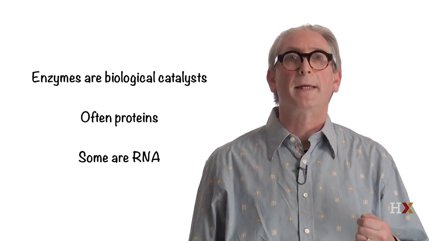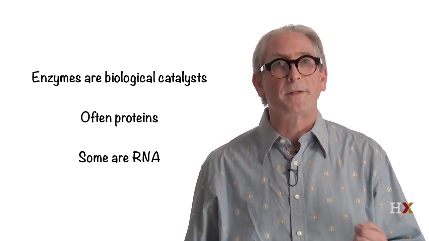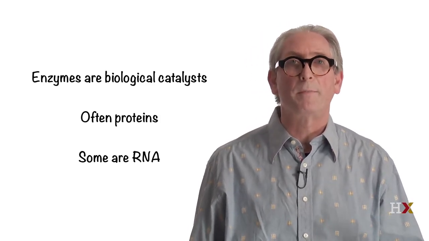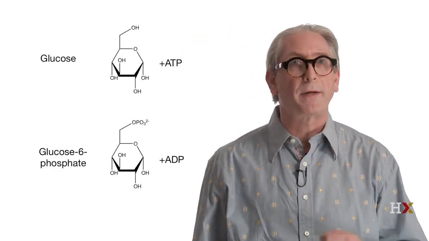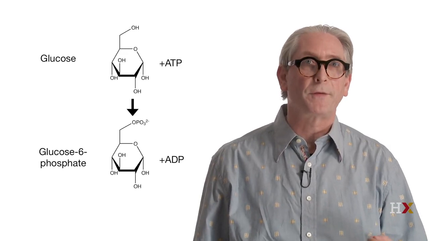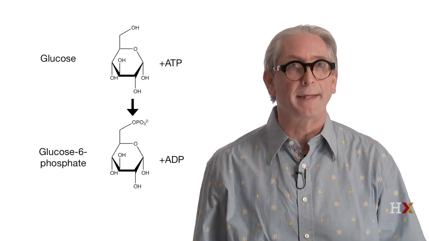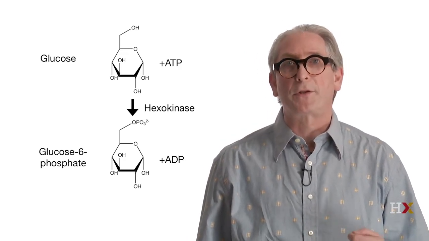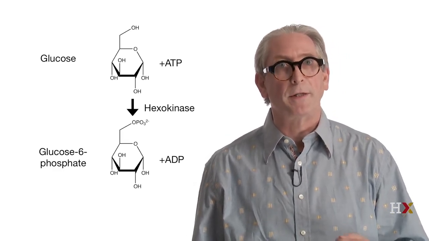For example, the reaction that stitches together amino acids during the synthesis of a protein on the ribosome is catalyzed by ribosomal RNA and not by proteins. If we take an example of a reaction, the first step of glycolysis, where glucose reacts with ATP to form glucose 6-phosphate and ADP, this reaction is catalyzed by an enzyme called hexokinase. Based on the change of free energy, which is minus 16.7 kJ per mole, this reaction is known to be